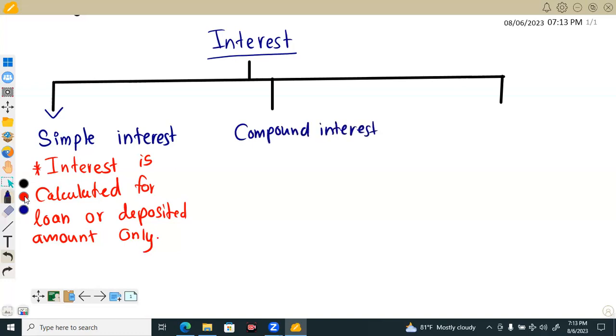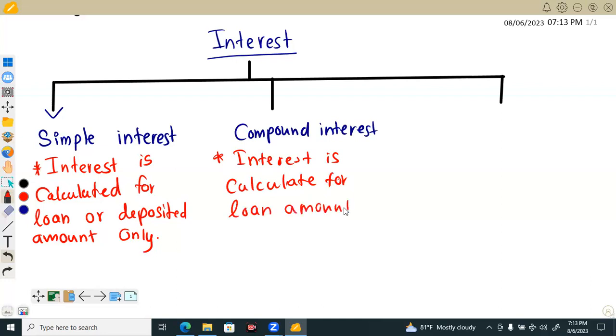Okay, then here the interest is calculated for the loan amount or deposited amount and the interest